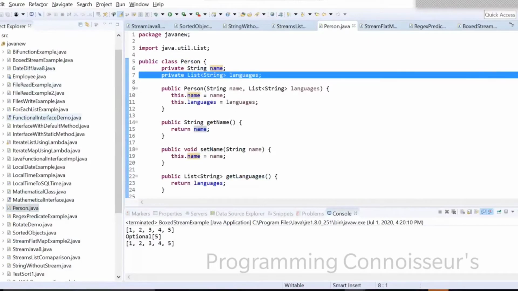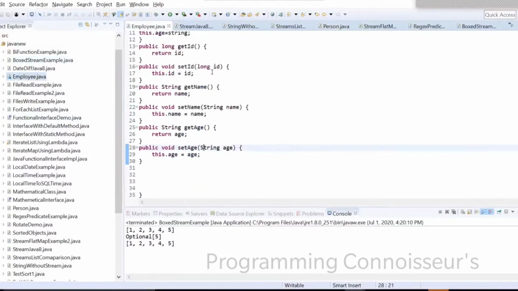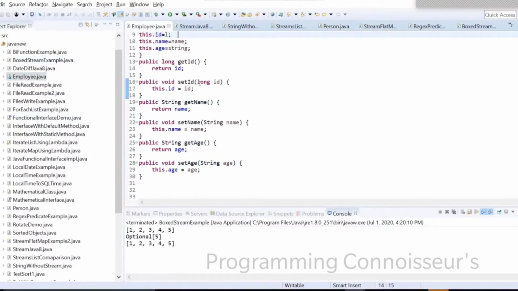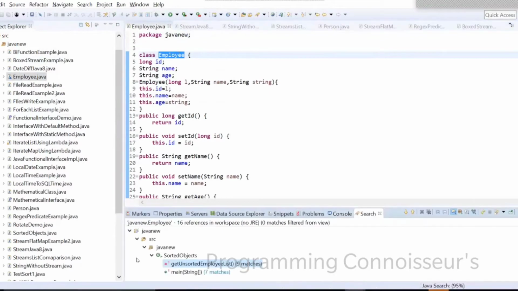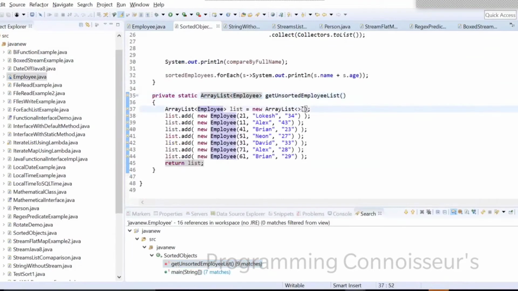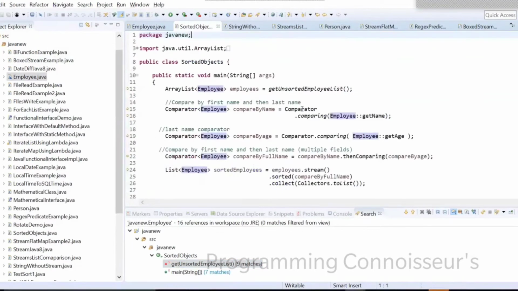So what is the employee only we are searching? Employee. You will search of employee. Yeah. Started out. Sorry. Right. Very good.